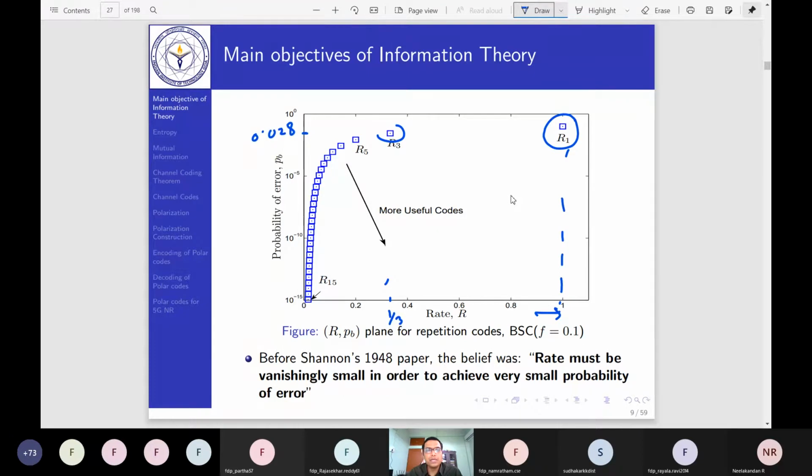As we move, the probability of error reduces, but the main concern is that the rate also becomes very small. If I consider R15, the rate will be equal to 1 by 15, and the probability of error is equal to 10 to the power minus 15. So the problem is that,